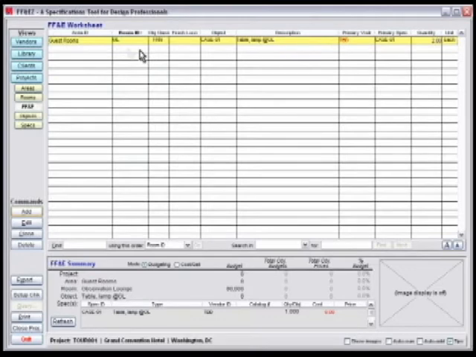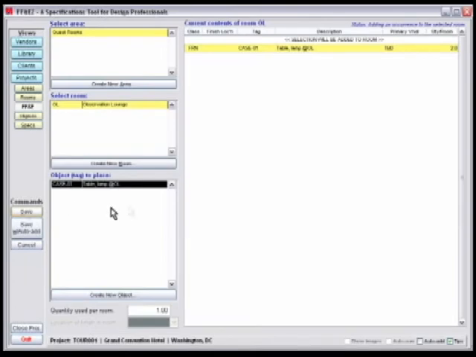And now the new table is in the room. So we've got area ID guest rooms, and it's in the room ID OL. Here's the object tag, and of course there is the quantity. Since that was a lamp table, let's add a lamp to go on it. Let's click on add to add a new occurrence for the room. And of course we still can't pick a lamp because we don't have one yet. This is fairly typical of early in a project before you've built up a list of project objects to pick from. So we'll create a new object,